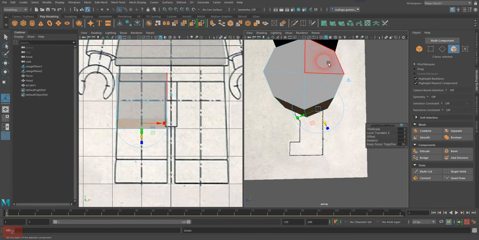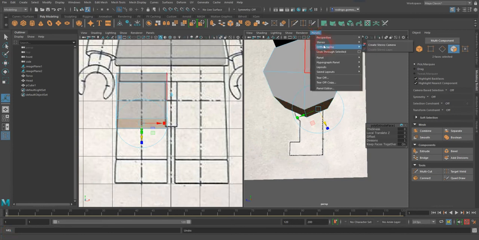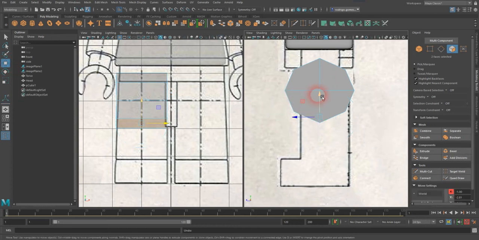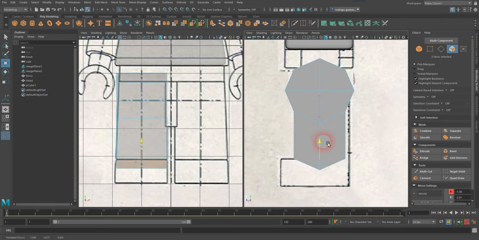I want it to go down, so I'm going to actually go to the side view one more time. And instead of going outwards, I'm going to change the tool after I extrude it to the move tool. So I'm going to move them down. So you see what it's doing, it's extruding from those two faces down. And now I'm going to